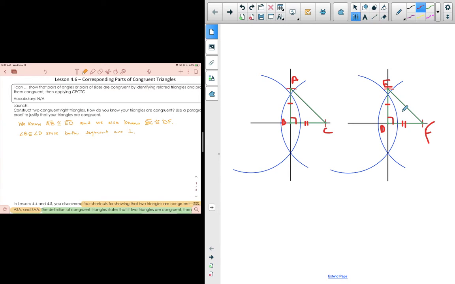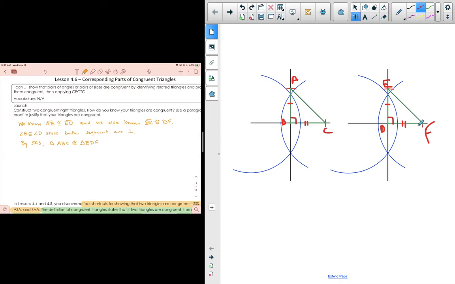Now, once we know that, we have side, angle, side. We have corresponding sides right here. AB and ED are congruent. Angles B and D are congruent, and the angle is included between AB and BC. Then BC and DF are corresponding and they're congruent. So what we can say is that by side, angle, side, triangle ABC is congruent to triangle